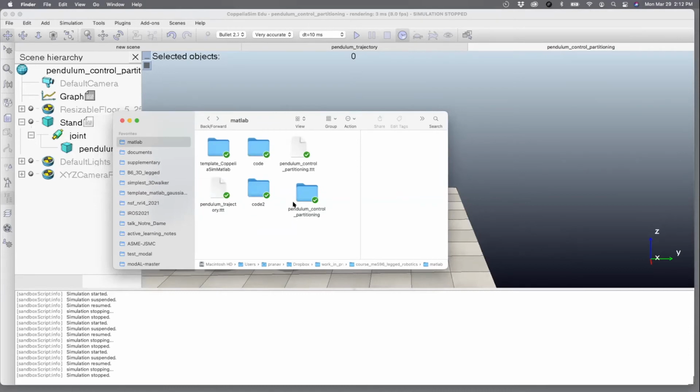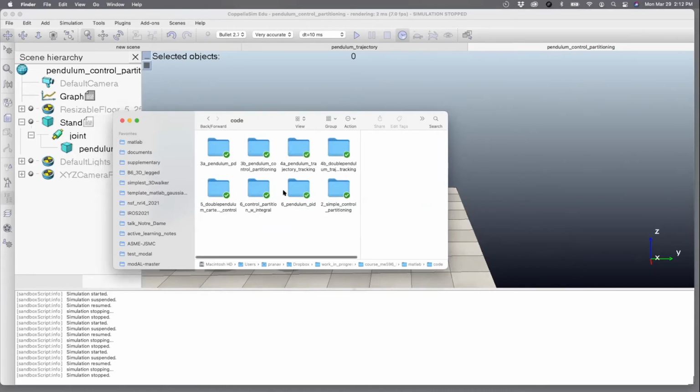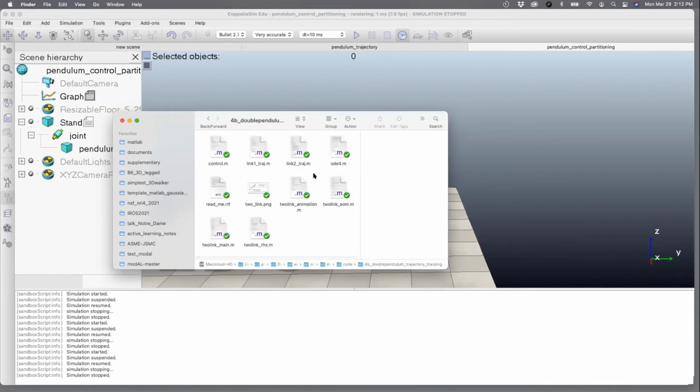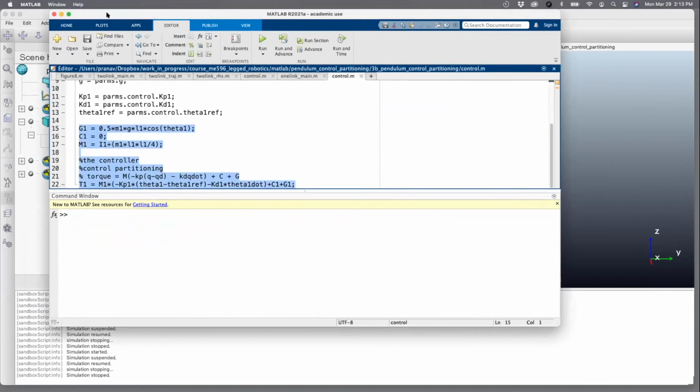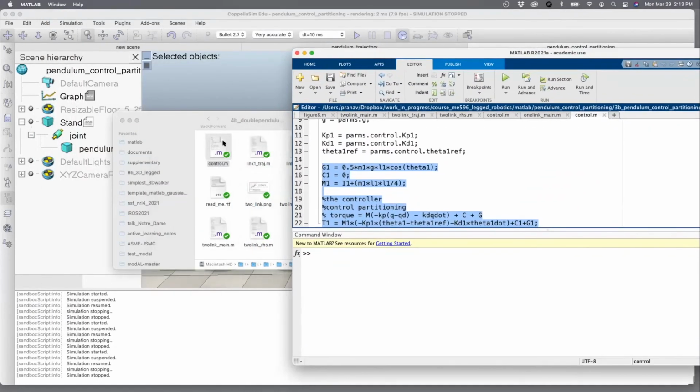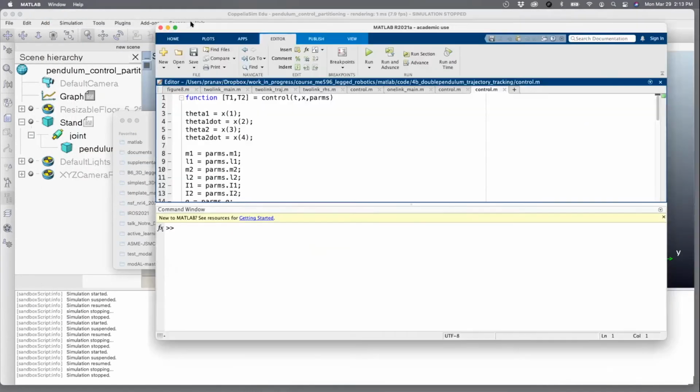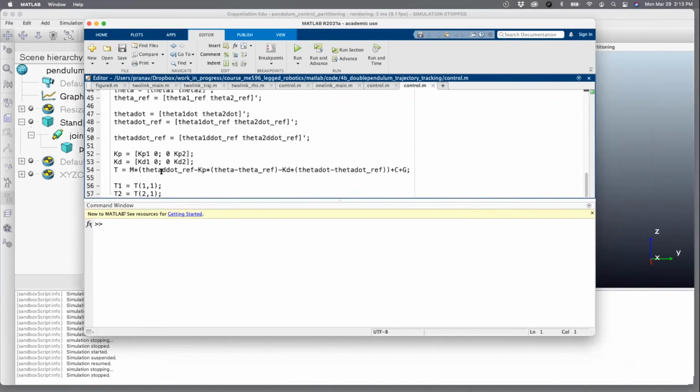let's see, I do have a double pendulum here, code, double pendulum tracking. Then you have the control, which is this. So let me open that. So it's basically going to mirror this particular simulation. Here is 2 link pendulum. So this is the formula you'll be using to control a 2 link